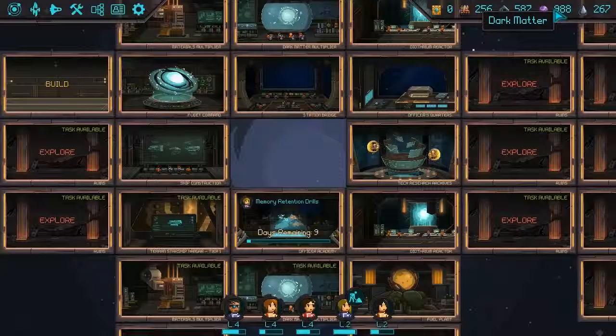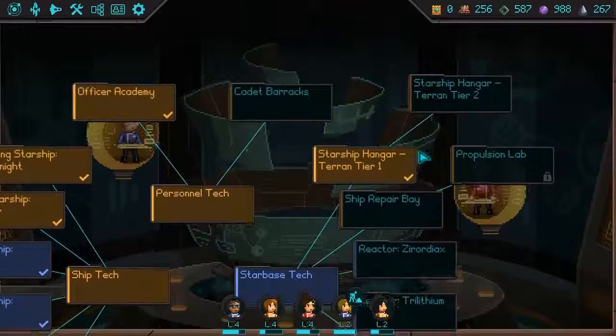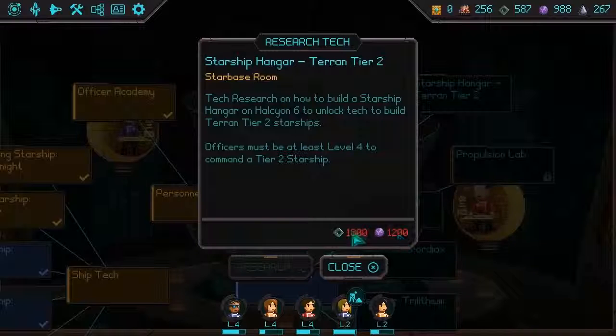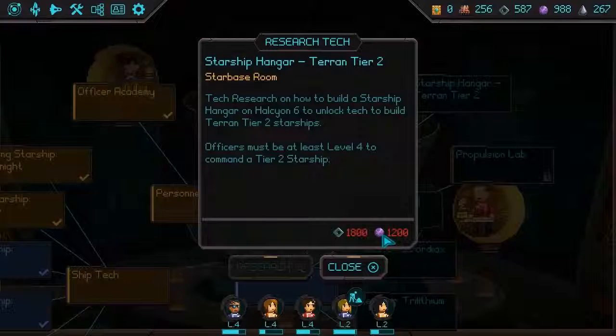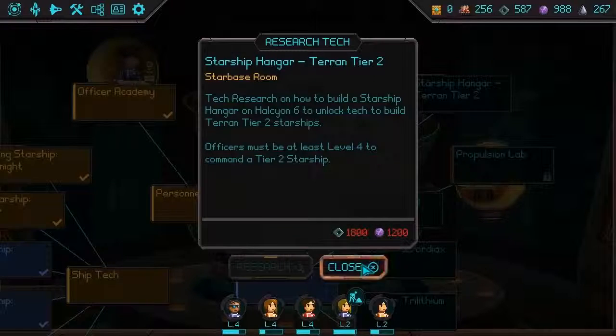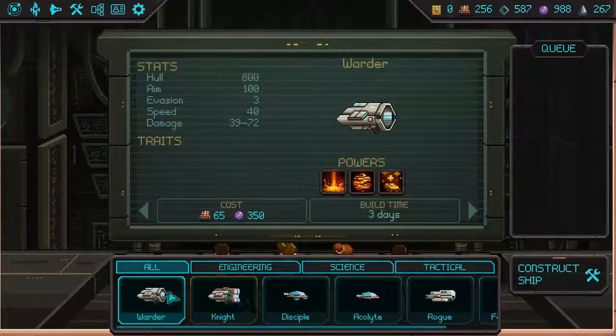But I also want to be able to have materials for... what am I trying to say? Dark matter for the tier 2 hangar, which is only 1200. I'm gonna get materials and dark matter at a hopefully equal rate, so it would be wise to do that, wouldn't it? We also got faster ship construction, so if I construct an engineering vessel right now,